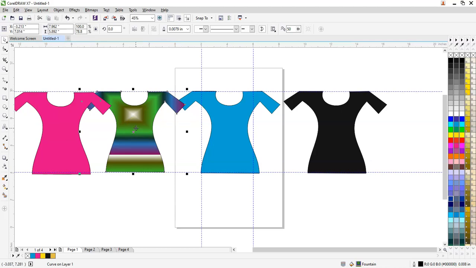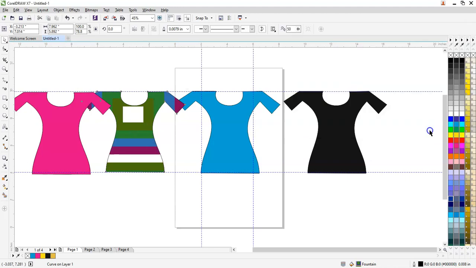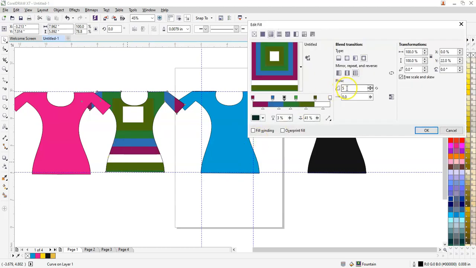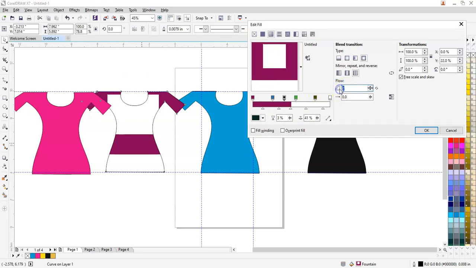Okay. So what I do is I press F11 again, and I have this flow over here. Now what do you mean by this flow? When I click on this option, and I type 5 over here and I say okay, you see there are 5 color steps to be added. I repeat again, I press F11 key, and instead of 5 I just type 2, and okay. So I get 2 steps here. That's 2 colors, that's white and whatever color is used. I repeat again, F11, and I type say around 50 steps to be involved.